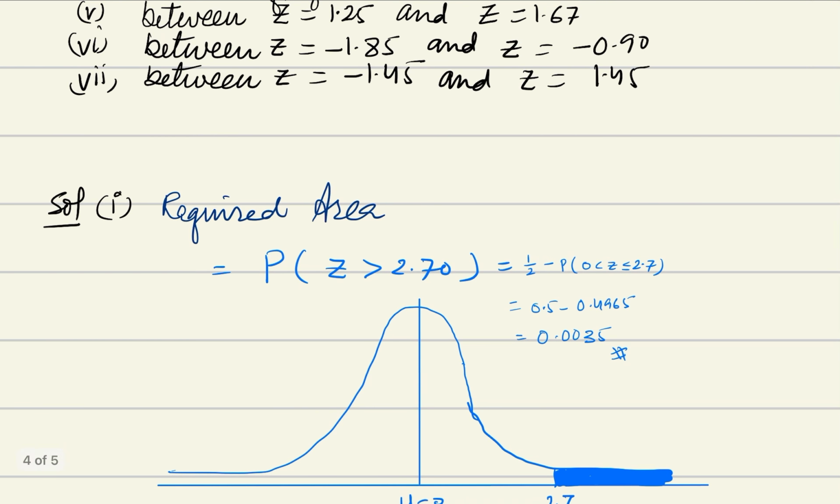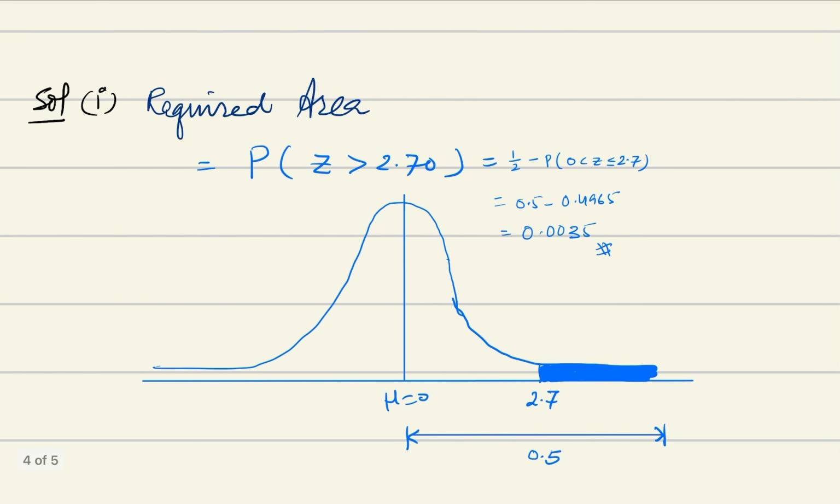You see, we write this half minus, because this value can be calculated with the help of a table. हम इसको स्टैंडर्ड नॉर्मल डिस्ट्रीब्यूशन के टेबल से इस वैल्यू को निकाल लेंगे, उसको यहाँ पुट कर देंगे तो वो वैल्यू आ जाएगी. कैसे निकालेंगे that I will tell you, but you must know, right of 2.7, that is the area which we need to calculate. So how we are calculating it? So this whole area is known to us. What is this? This is 0.5 means half.